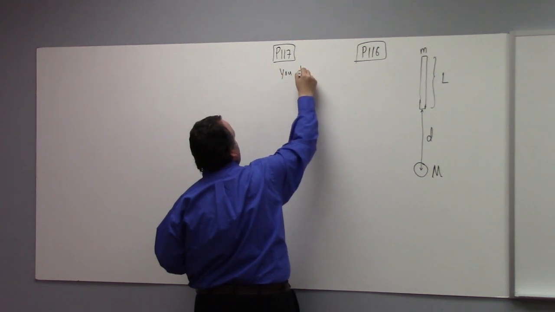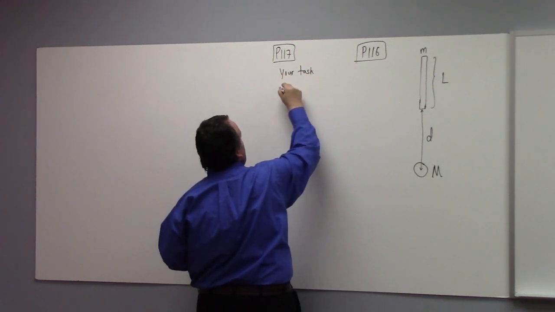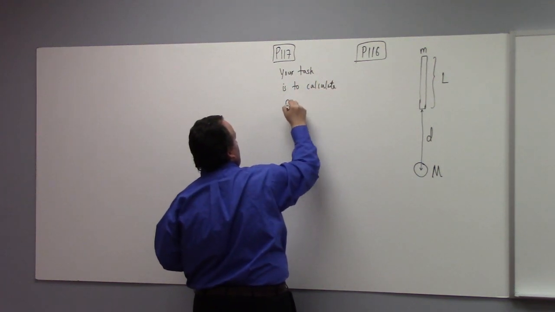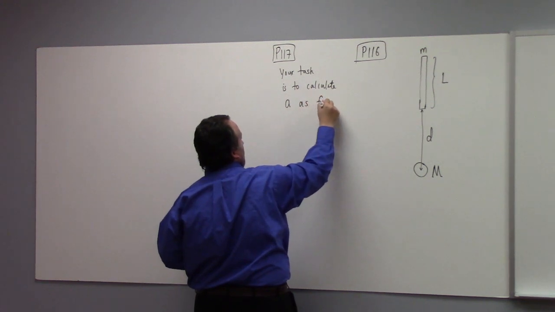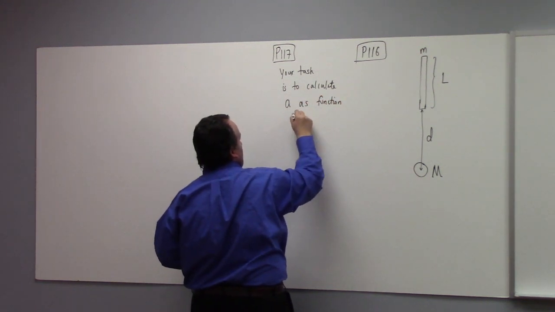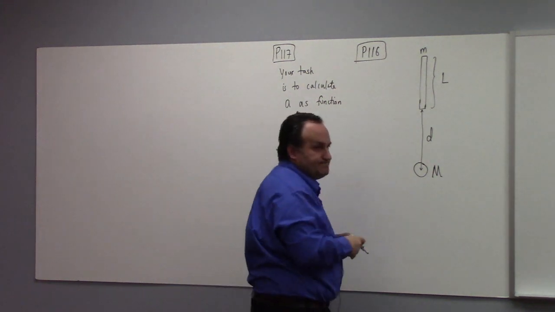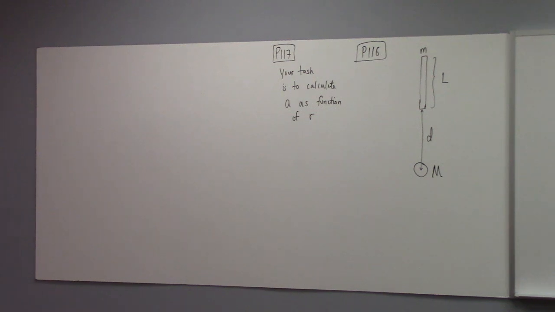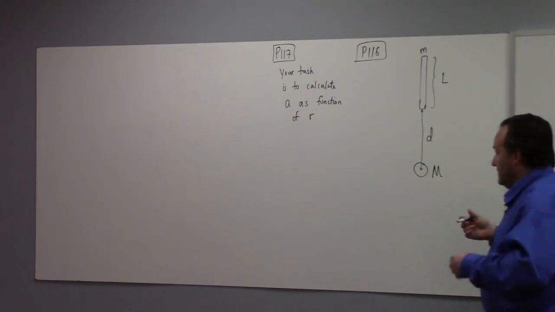Problem 117. Your task is to calculate the acceleration as a function of little r, right? So it's going to be different inside the sphere than outside. Something interesting happens once you're outside the sphere: you expect it to behave like Newton's universal law of gravitation. I'll tell you this much. The answer should be